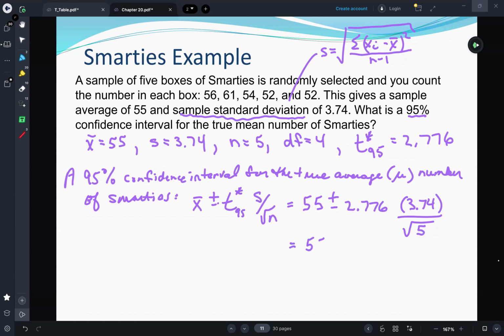So that's going to equal 55 plus or minus. And if you work all that out,